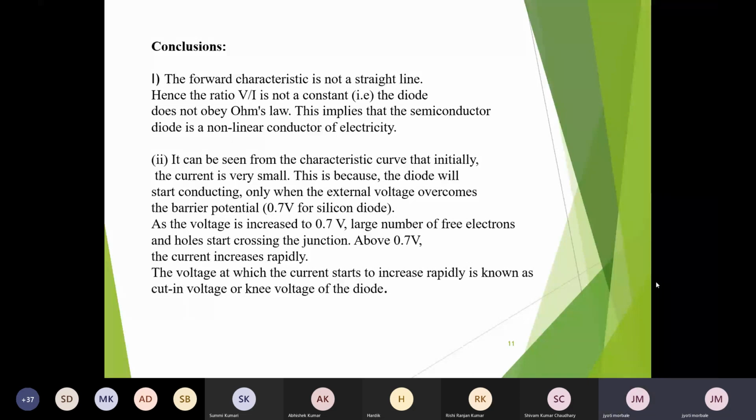क्योंकि पहले वोल्टेज बढ़ाओ तो करंट नहीं होता, कट-इन वोल्टेज यानी नी वोल्टेज क्रॉस करने के बाद सडन इंक्रीज होता है. सो डायोड इज़ अ नॉन-लीनियर डिवाइस, वी कैन सी, एंड